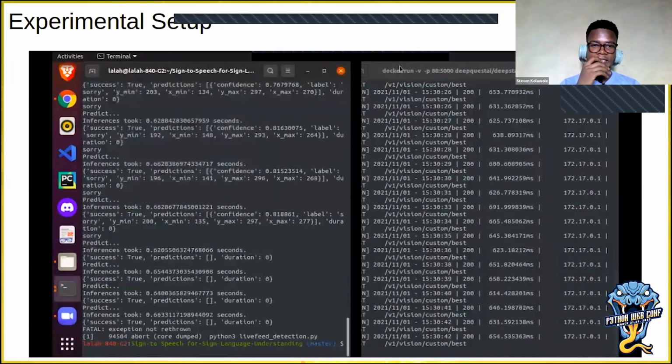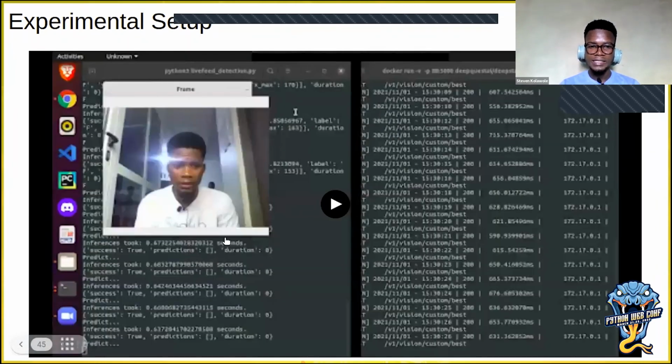All right. So one thing I want us to note here is that I wasn't part of the dataset creation. I'm not talented enough when it comes to sign languages, so I wasn't part of the sign language dataset creation.